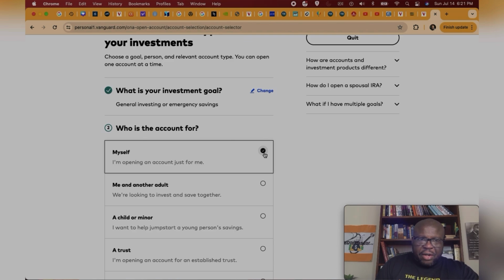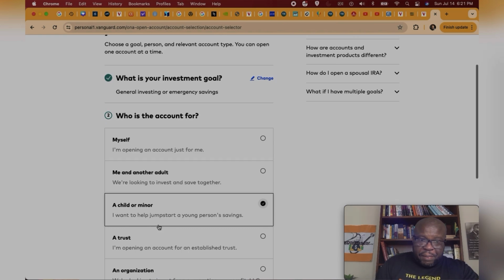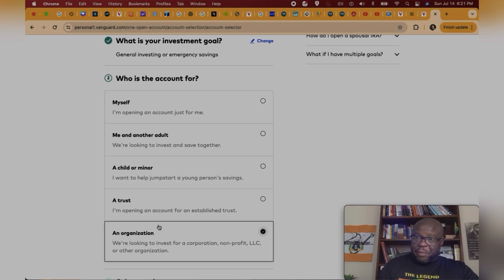And then question number two: who is the account for? It can be for yourself, right? I'm opening an account just for me, or it could be for me and another adult, maybe you and your spouse. So I have a joint account. It could be a child or minor, in the case of a custodial brokerage account, or it could be a trust. Sometimes you hear people talking about, the